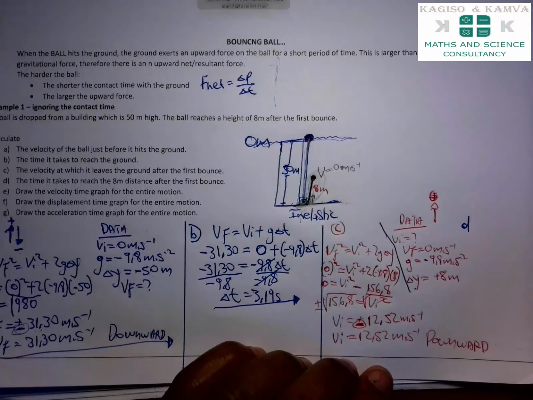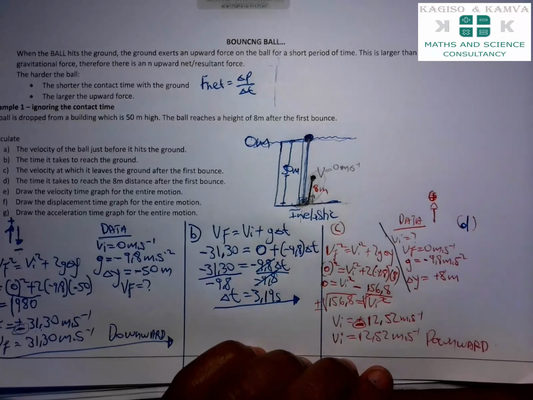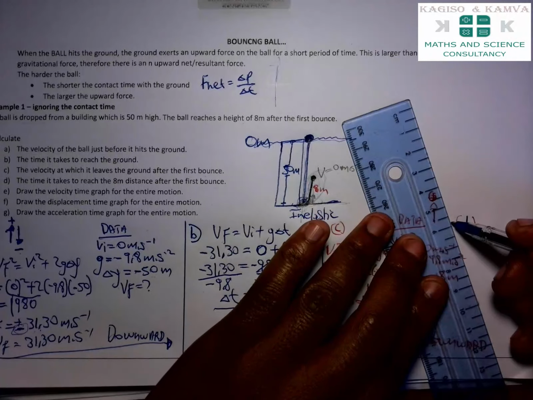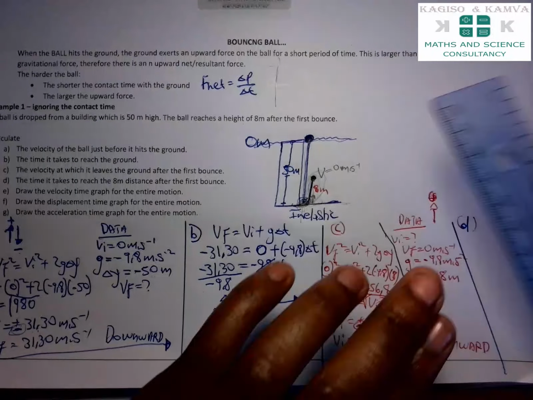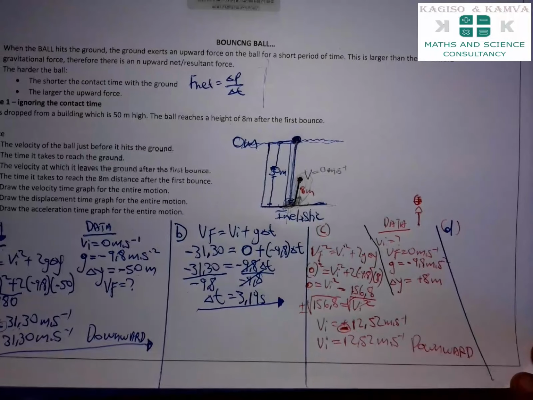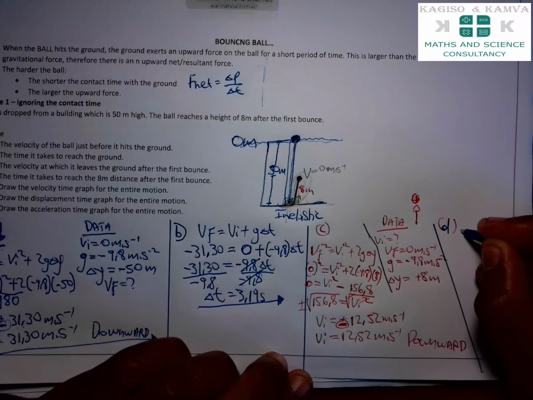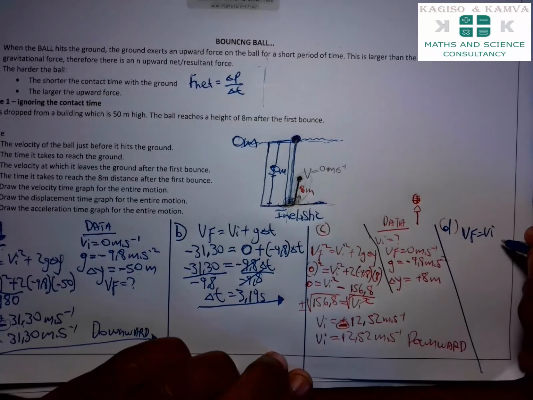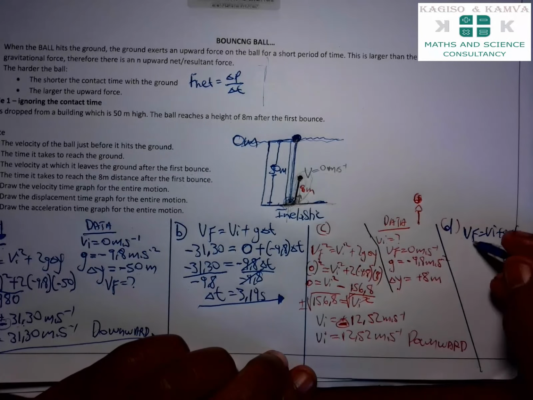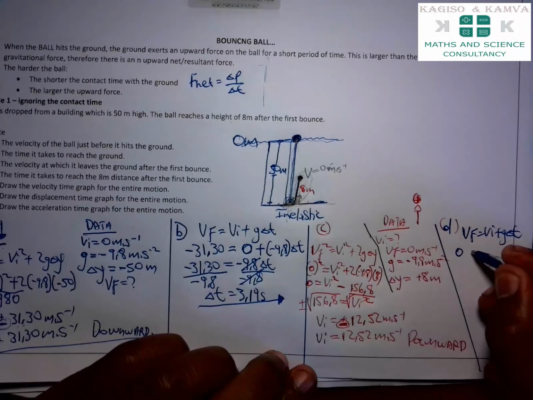Because here we have our data there. We can calculate D. Now, how do we get D? We can use this simple formula: VF is equal to VI plus G changing T. VF is how much? It's 0. That would be 0 is equal to